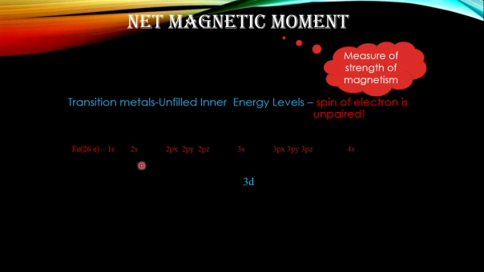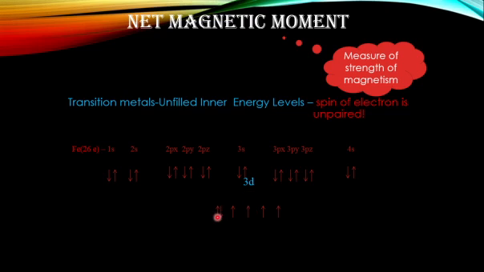The electronic configuration of iron will be: the first two electrons filled in the 1s orbital, the other two electrons in the 2s orbital, the next six electrons in 2px, 2py, 2pz, two of them in 3s, and 3px, 3py, 3pz, and finally you have 4s, two electrons. So that will count up to 4, 4 plus 6 is 10, 12, 18, and 20, and the remaining 6 electrons are arranged in the